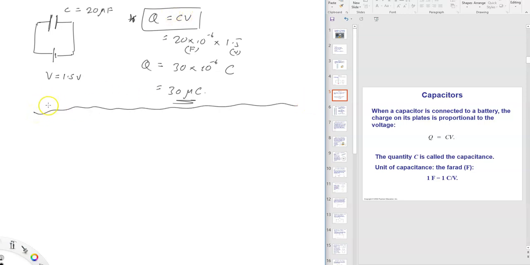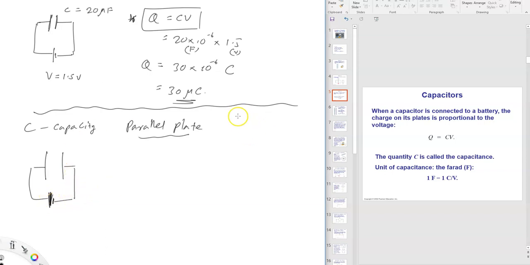Next thing is, when we have a capacitor, for a given capacitor, what determines the capacity? Now, capacity is determined by the physical construction of the capacitor. So we're going to study parallel plate capacitors. These are the easiest to understand and the most common type. Parallel plate means just 2 plates parallel, close to each other with some gap, and then connected to a battery.